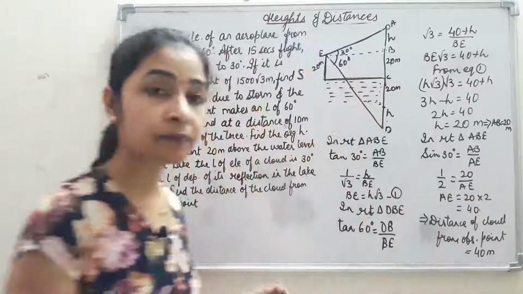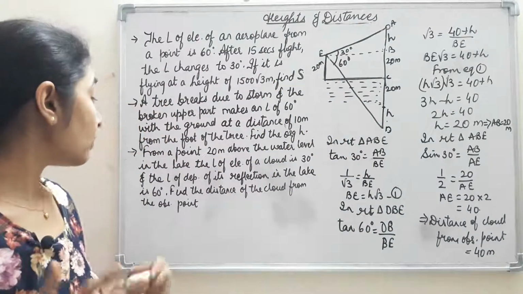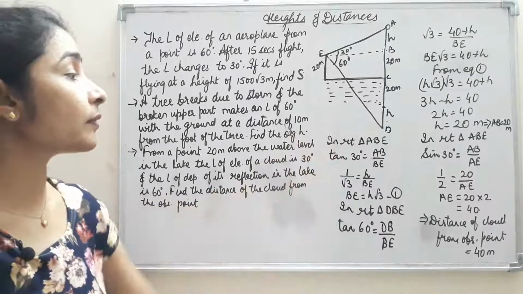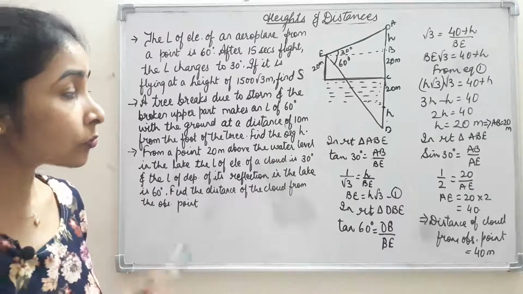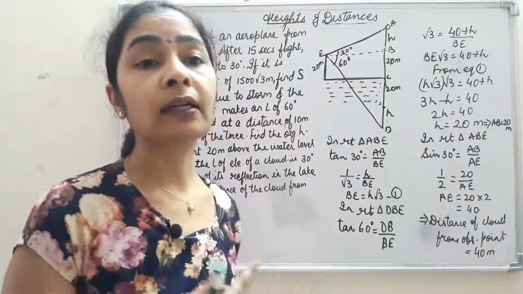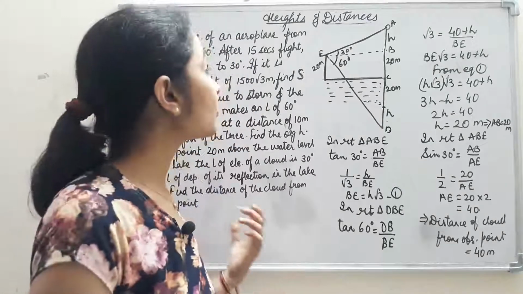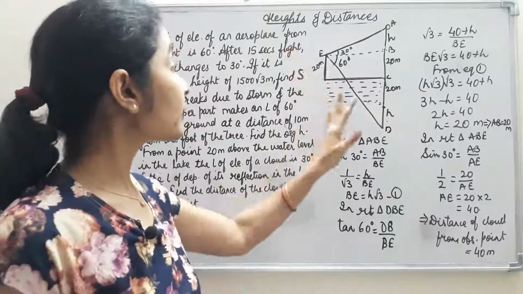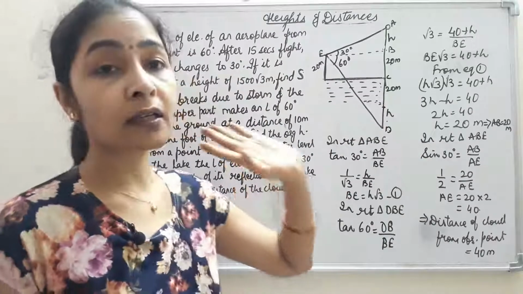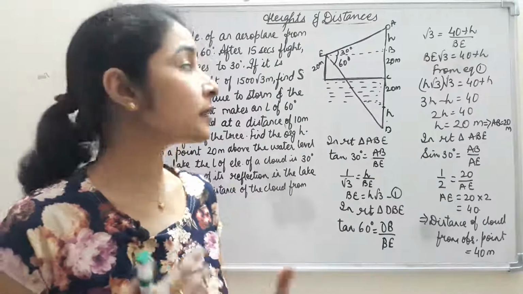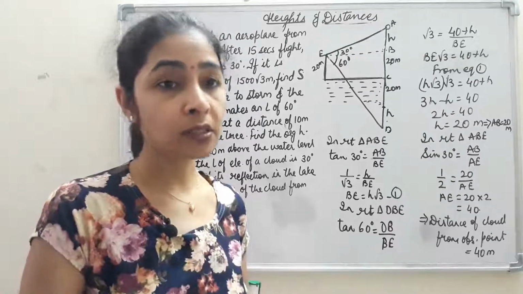That is our answer. Now I hope you understood all these questions, though this was the most complicated one, and it will be very easy for you if you go through it step by step. In the next video we'll again come up with some complicated problems related to heights and distances. In those there won't be any figures given to you; distance and height will be given in variables, so we'll come up with those questions.